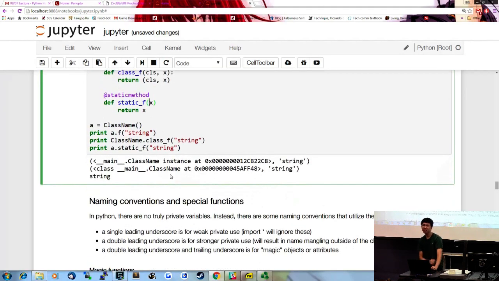And so in Python, there are some naming conventions and some special functions that you should be aware of. There are no truly private variables in Python. Every single function or variable that you define in a class is viewable from outside of that class, but there are some naming conventions to sort of hide some stuff that you think is unnecessary, though somebody could actually access it if they truly wanted to. The convention is that a leading underscore is for weak private use. So if you want to hide something but not really,